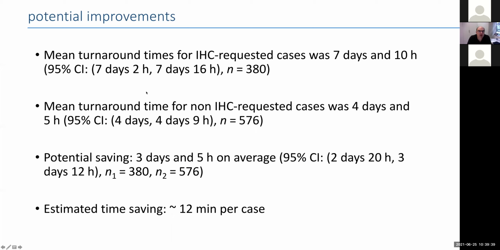The mean turnaround time for the non-IHC request case was 4 days and 5 hours. So that's, in terms of reporting, a potential saving of 3 days and 5 hours. And of course, we also looked at the estimated time per pathologist, and that turned out to be around